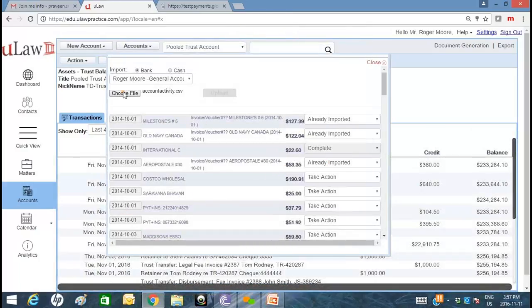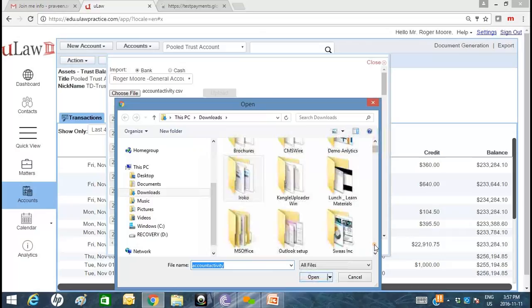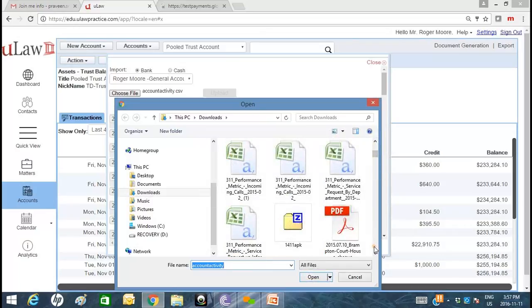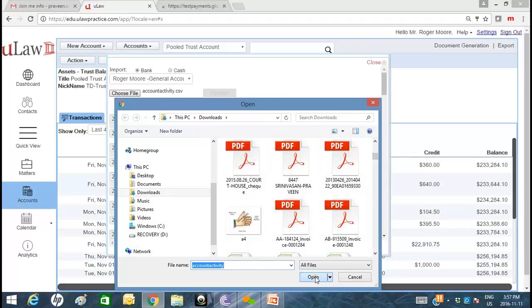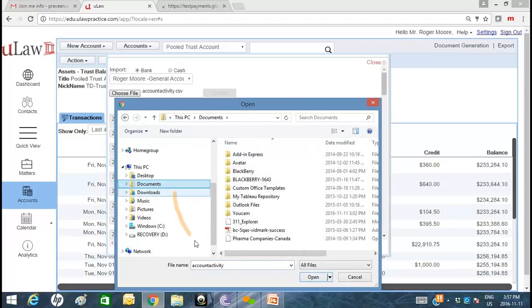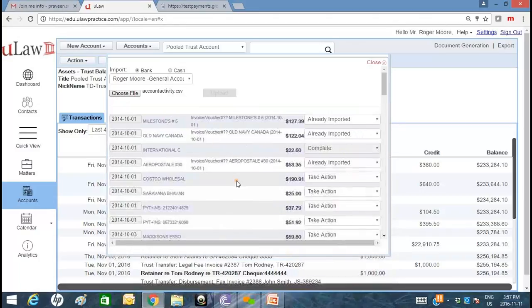Okay. Now if I were to come back, because you've already taken that action, and choose the account activity file again, if I were to choose the same CSV file, it would say that it's already been imported. Okay, there's a question about,